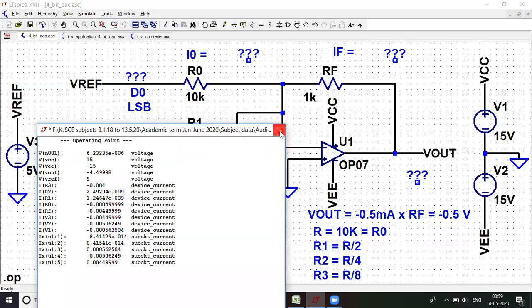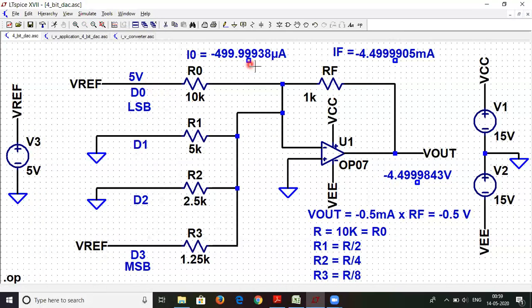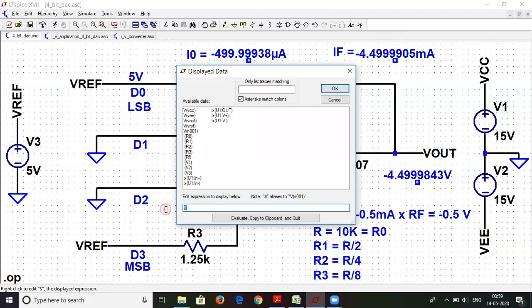If I remove this, you see the values are getting updated over here. Here some value has changed and this value has changed. So let us try to understand how we got these values. First we have to place these currents over here. So let me right click and place the .op model data, and this is the current flowing through resistor R1, I1.